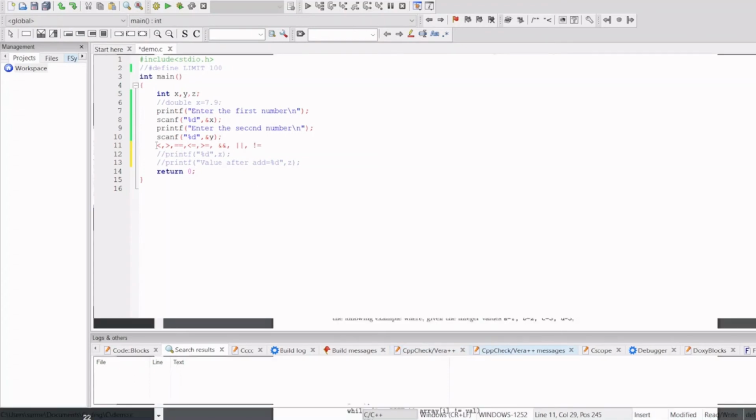Okay guys, so we're going to learn how to use these relational operators when we are learning more about how to write conditional statements. So for now, let's make a program which can do all the mathematical operations on just integer numbers. All right, so we got our two numbers,